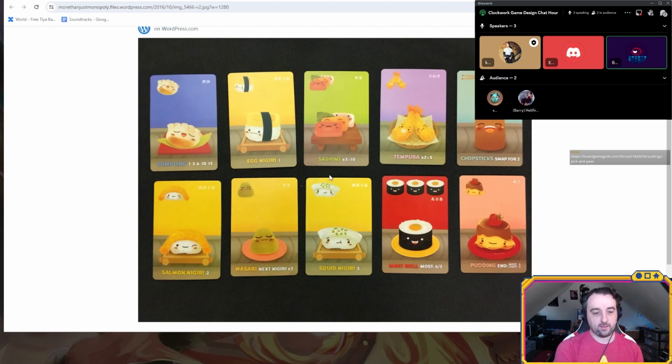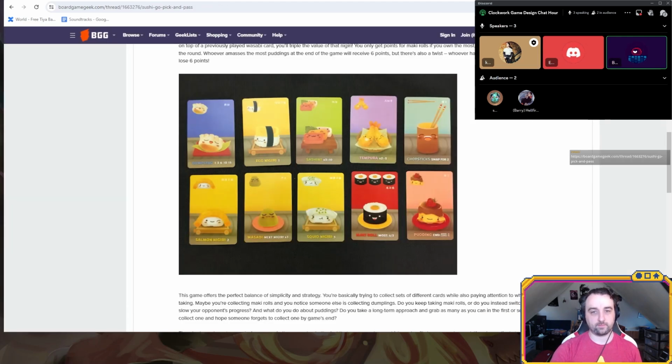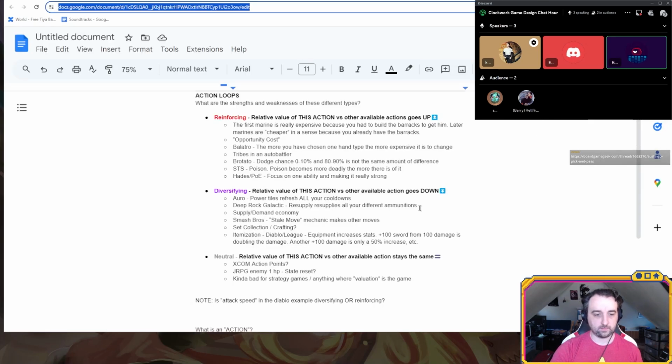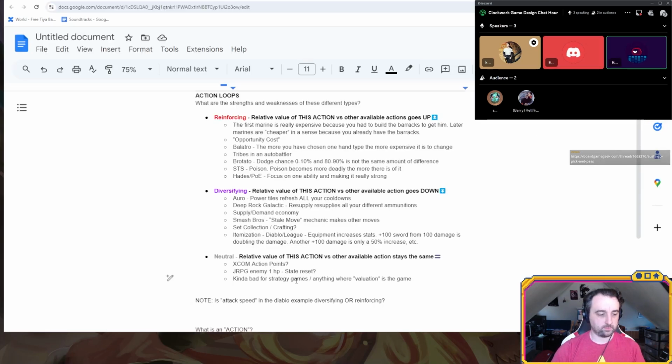It's a little bit difficult for me to comment because I think the thing about these is that you need to have a broad understanding of multiple systems to see how they are impacting valuations. Like going to the Hades example, I could pretty easily describe Hades, but if you're doing all of your abilities on cooldown, suddenly that system is a lot less reinforcing than it is currently.